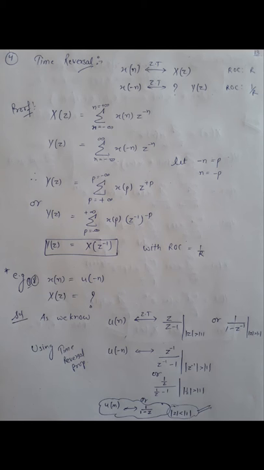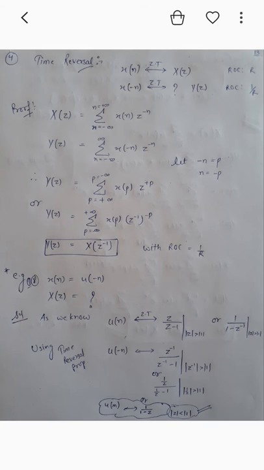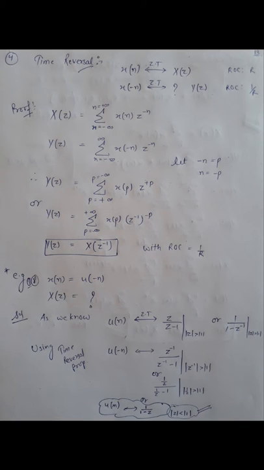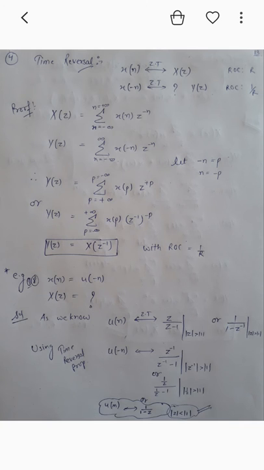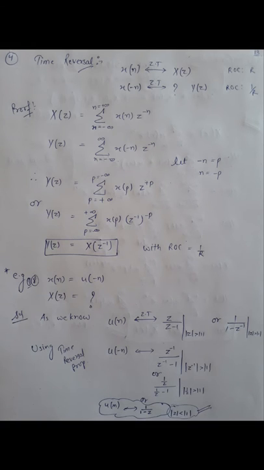Similarly, we can go for one example also. x[n] is equal to u[-n]. Find out the Z transform. As we know, u[n] has Z transform z upon z minus 1 with mod of z greater than 1. We did this question in the first lecture. So using the time reversal property, u[-n] will be z replaced by z inverse at every point. So z inverse upon z inverse minus 1, or after solving, 1 upon 1 minus z with mod of z less than 1. See the ROC part: mod of z inverse is greater than 1, by z is greater than 1, or mod of z is less than 1.